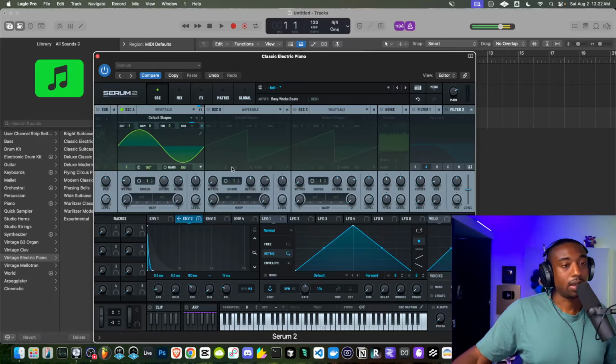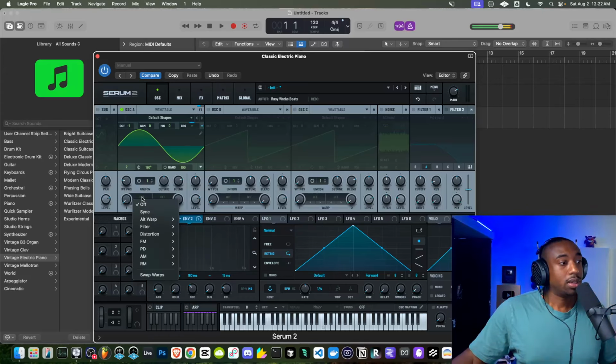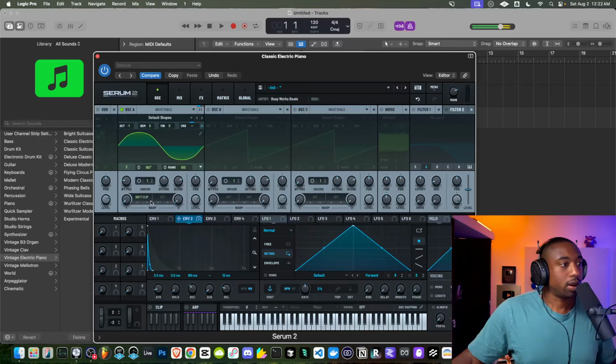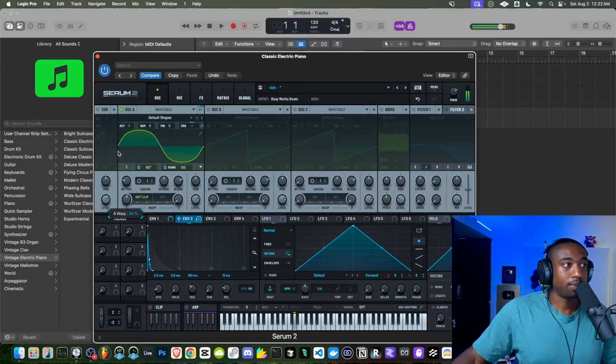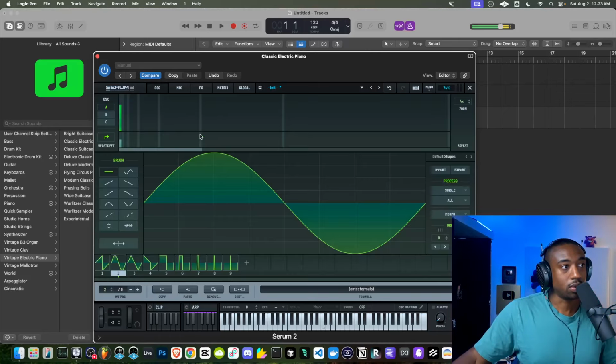Now at this point in the 808, most people start adding effects and doing all this stuff inside of Serum, and that's probably the last place you want to do anything. But if you did want to do anything inside of Serum, you can click on the warp mode, go to distortion, and try some soft clipping. This will kind of squarify the round shape and give you a couple more harmonics, but this still doesn't really give you that 808 sound.